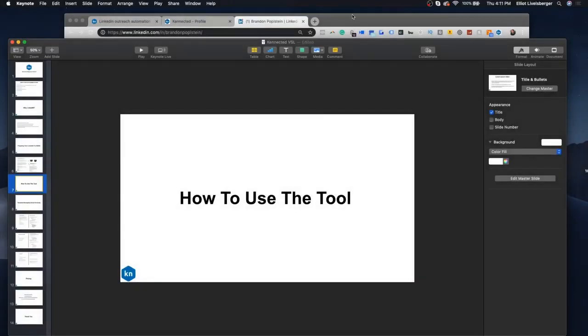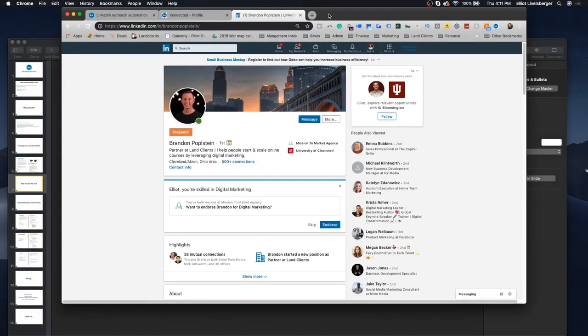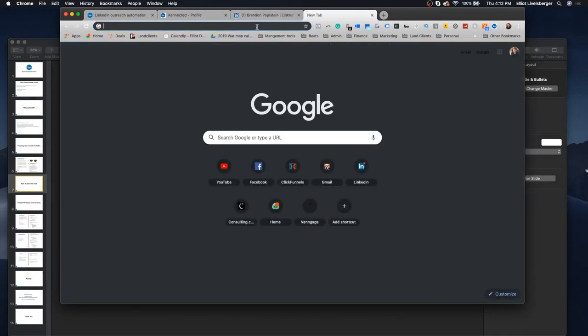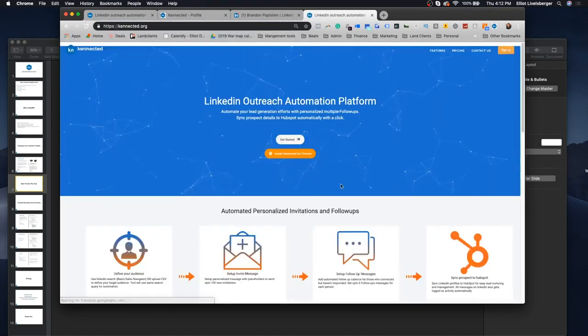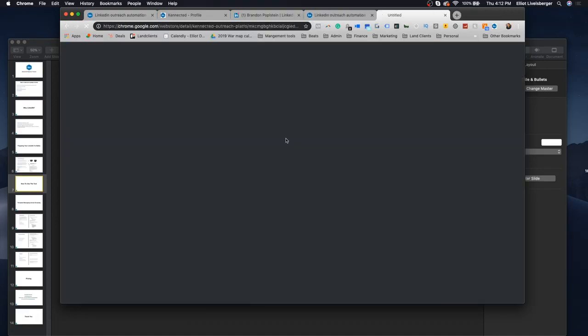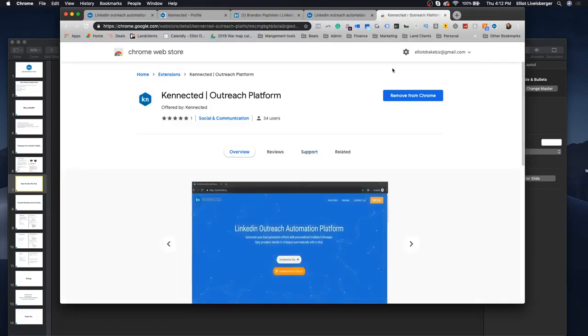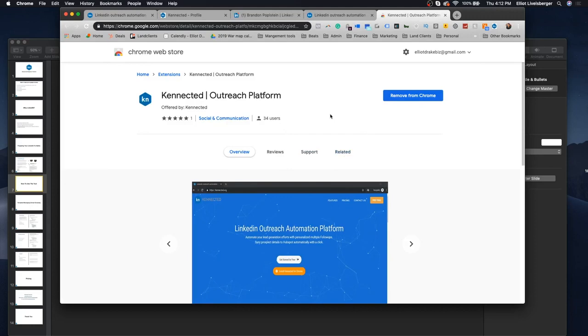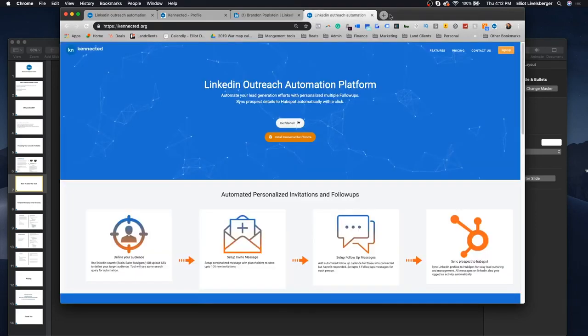Let's go back, and as you guys, if you're on here, you probably have seen, but whenever you go to Kennected.org on our site, it's going to say install Kennected for Chrome. So you're going to want to click that, and then it's in the Chrome store. I already have it, but click that, and once you add it to your Chrome, because you need to be in Google Chrome to utilize this tool, okay? That's very important to note, right? Once you add it from our website,